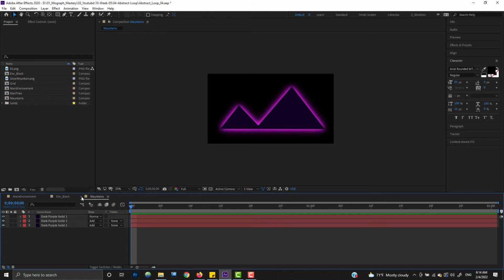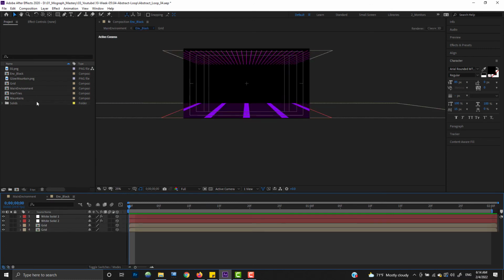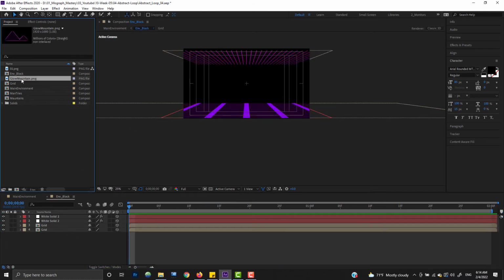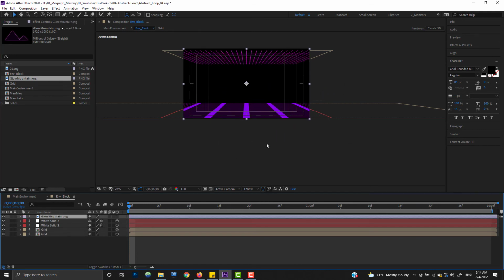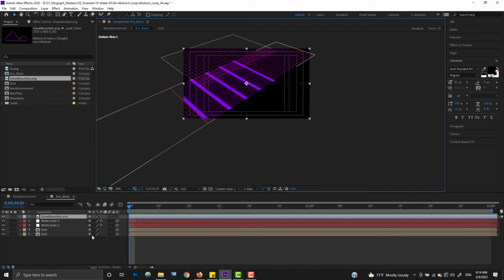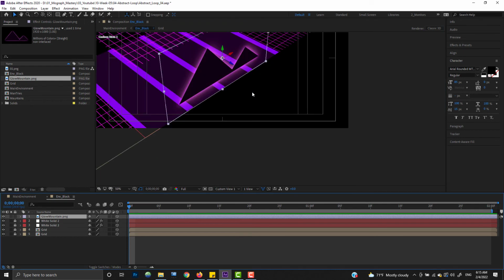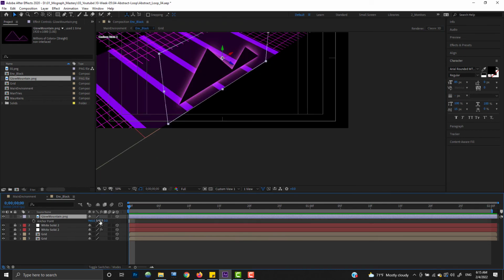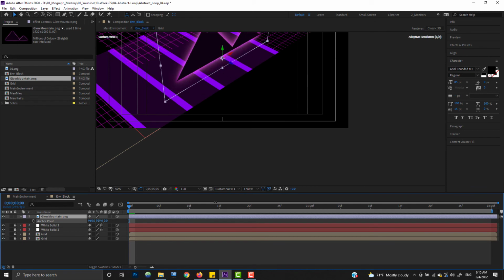All right, let's actually drag that glow mountain right here, and go to a custom view, make it 3D, and press A on the keyboard to reveal the anchor point